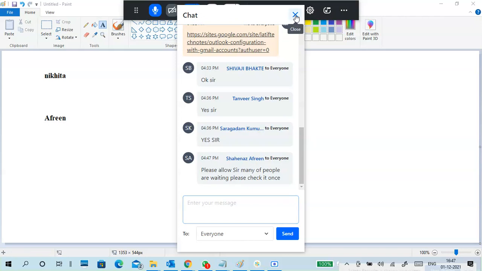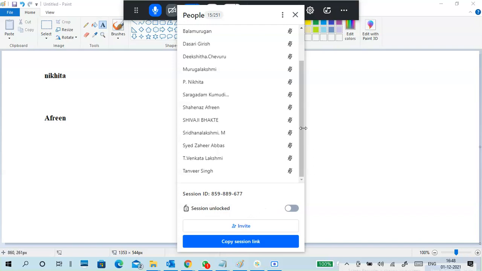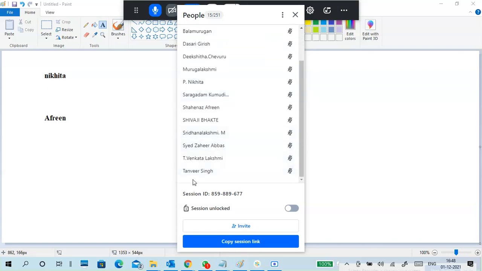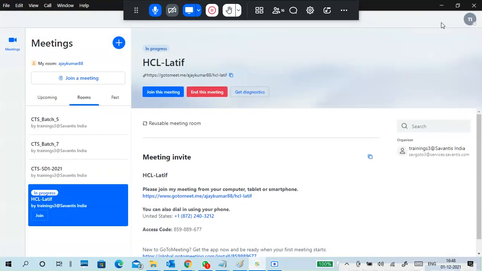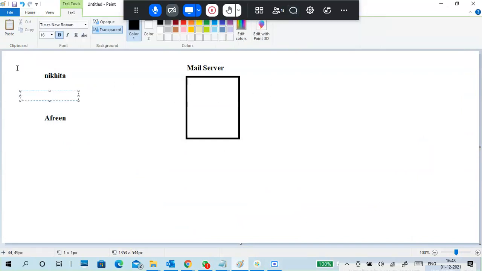Actually, no need to click on yellow kind of stuff. It is auto yellow mode because I didn't lock the session. So when people click on join, they will join automatically. There is no lobby kind of stuff. If it is Google Meet, compulsory there is a lobby, but here it is not. Even I didn't lock the meeting. See, still it is an open meeting only. Yeah, now one person has joined. It takes time sometimes because of your internet speed and internet data.